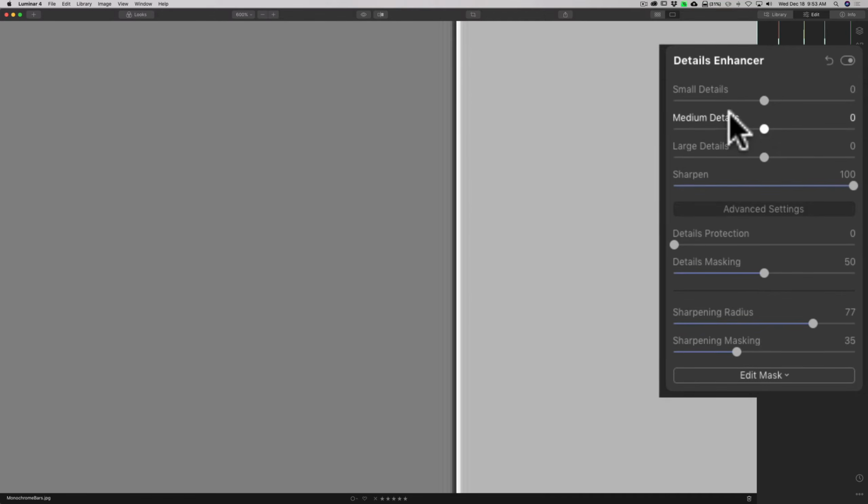Now, still in this tab, we have the details sliders, small, medium, and large, and then we have details protection and details masking. Again, that is not technically sharpening, but it's going to give you the same look. It's kind of like clarity and texture in Lightroom, where texture would be more like a small detail and clarity is more medium and large. Same type of idea. That's something you could apply as well,